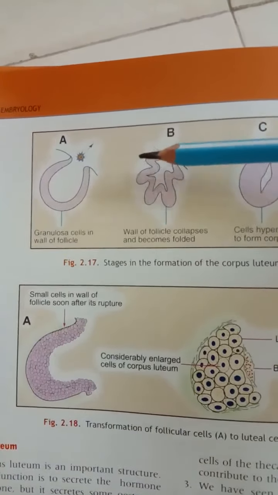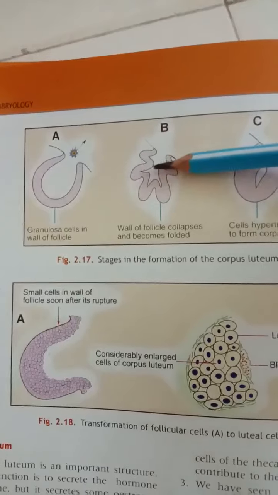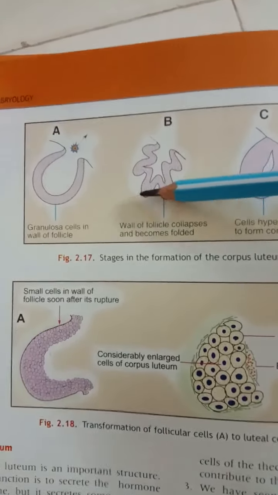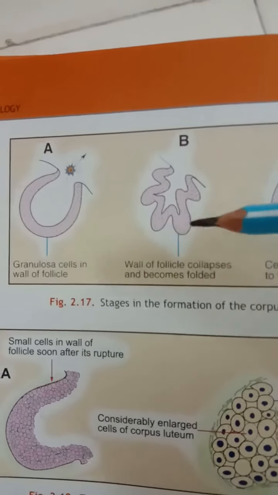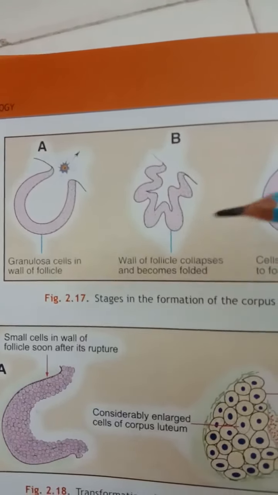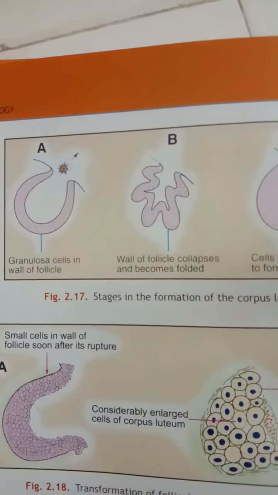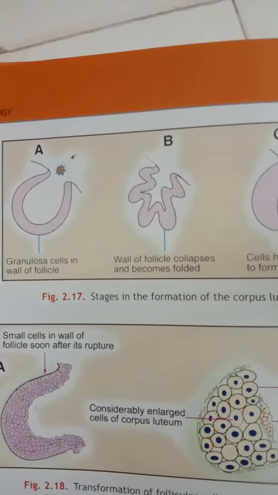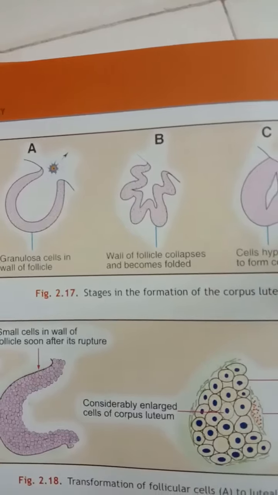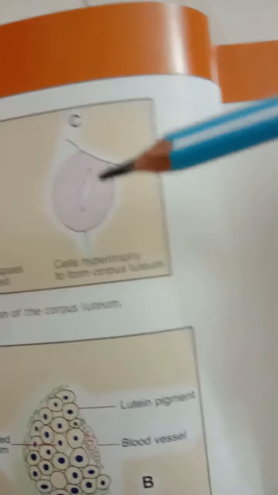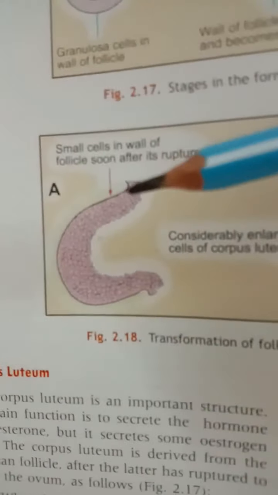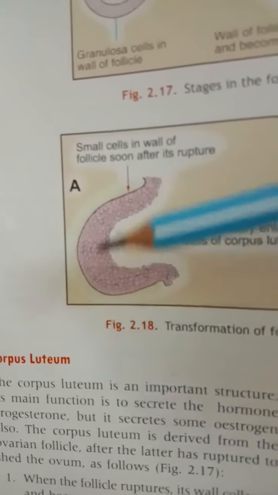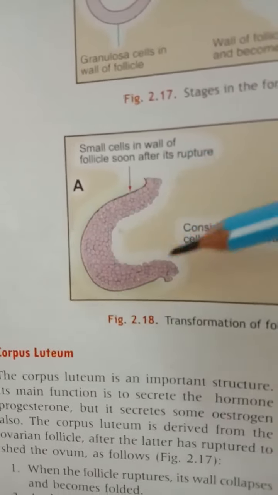At this stage, the follicular cells are small and rounded. So here you can see these cells are very small and rounded. They now rapidly enlarge and increase in size, and the walls press against the neighboring cells so that the cells acquire a polyhedral shape. In this diagram you can also see the increase in size and the polyhedral shape.